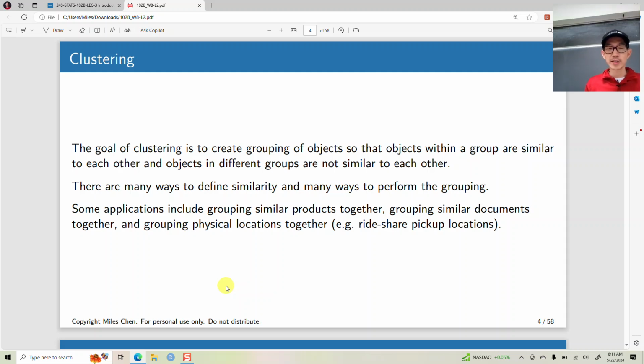Okay, and obviously you have the entire data set, so you want to create these different groups and clusters so that the objects within the group are similar. Right? Now, how do you define similarity? That's hard. We'll look at one of the simplest methods, which assumes you have numeric values and uses Euclidean